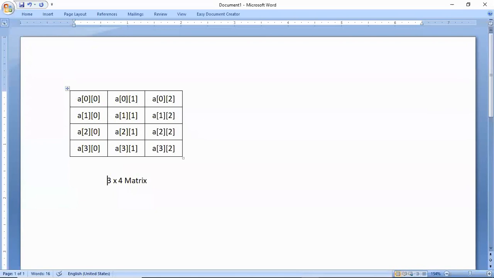Since this is a row of a matrix, this is the column. So this is actually a 4 cross 3 matrix, which means that it has 4 columns and it has 3 rows. These are 3 rows and these are 4 columns in it. This first thing represents the column number,